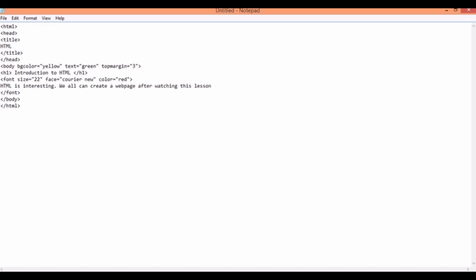Okay. So the color for this entire paragraph, that is HTML is interesting, we all can create a web page after watching this lesson, will be red, and the size of the text will be 22, and the style of the text would be Courier New.